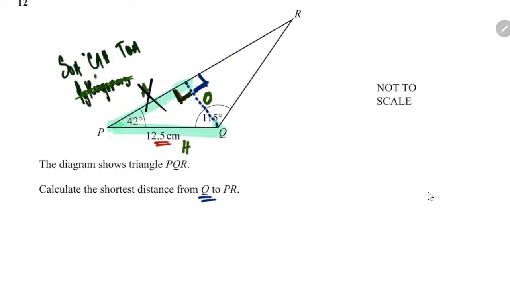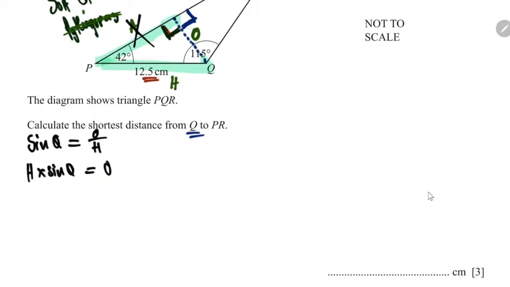So we write sine theta, which is opposite over hypotenuse. We want opposite, so we take hypotenuse to the other side. Hypotenuse times sine theta is equal to opposite,